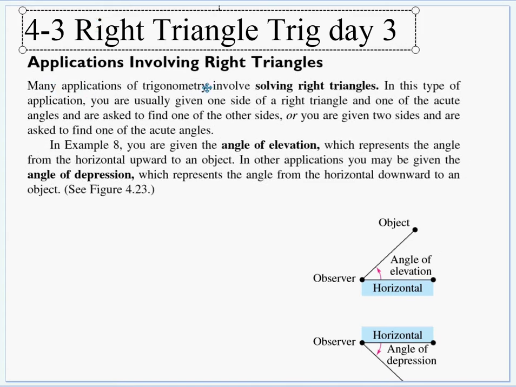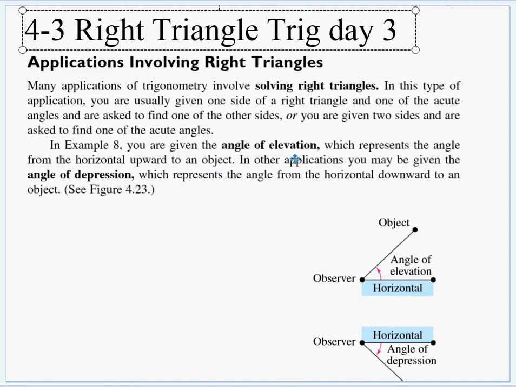So it says here many applications of trig involve solving right triangles. In this type of application, you're usually given one side of a right triangle and one of the acute angles and asked to find one or the other sides, or you're given two sides and asked to find one of the acute angles. In example 8, we're given an angle of elevation, which represents the angle from the horizontal upward